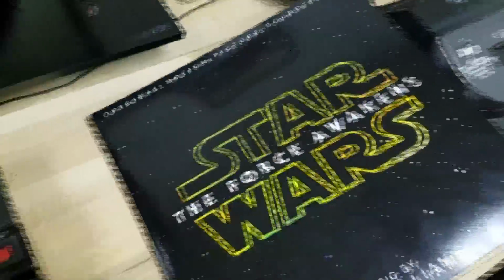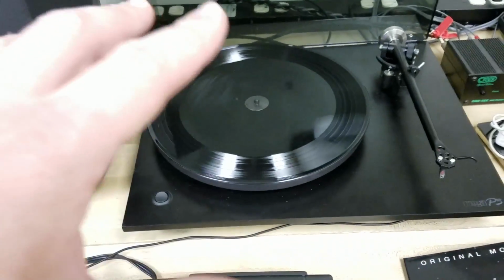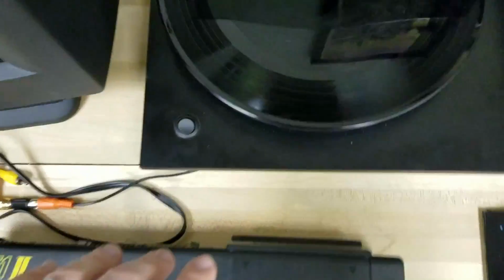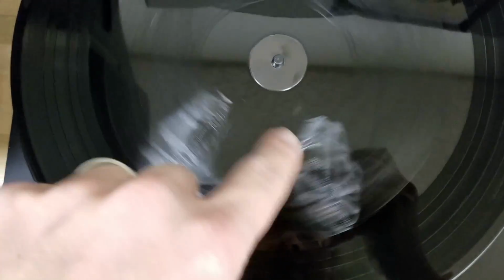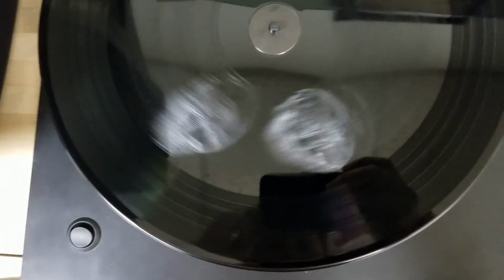I was listening to it earlier, Derek. I mean, I love the music from the new movie, actually. It's really good. And I don't have the lighting set up for it yet. And in fact, I didn't bring my record brush today either, but there is actually a spinning Millennium Falcon hovering over the album, which the phone is not capturing very well,